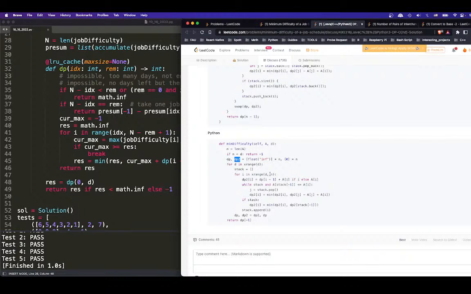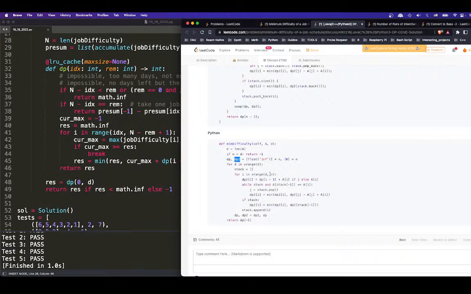But now I say instead of doing that job on the jth day, I can cover the job because the difficulty of my current work is more. So I can cover for all of those. So as I cover, that means